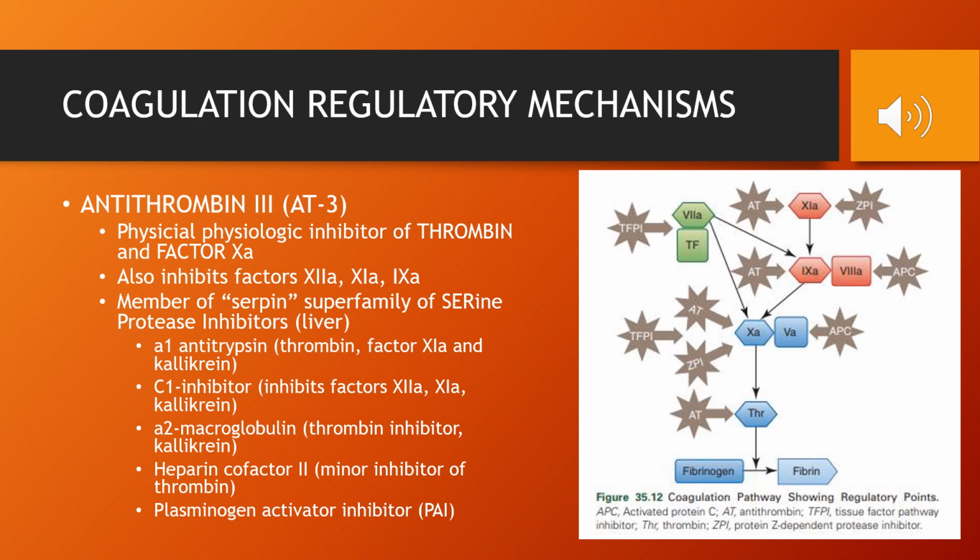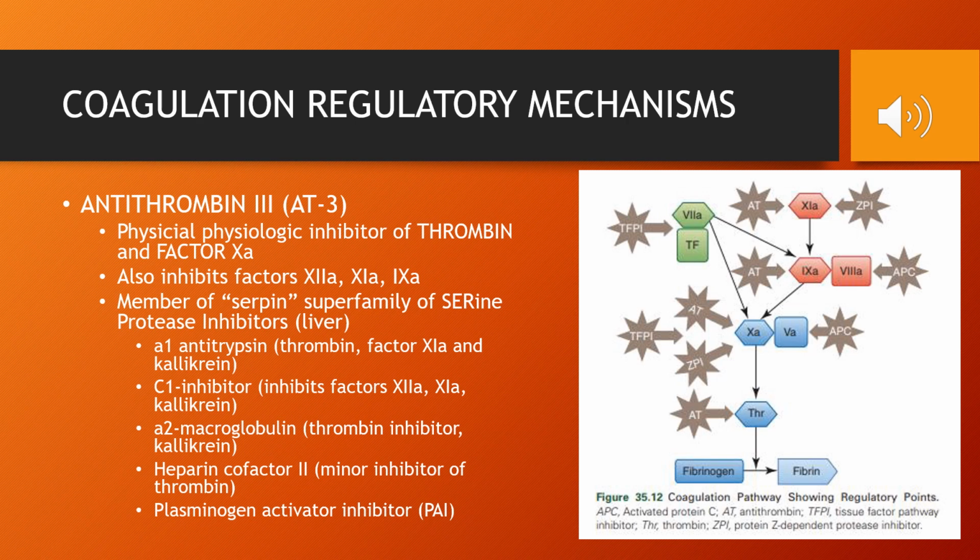So, antithrombin is a serine protease inhibitor, also called a SERPIN, that binds and neutralizes serine proteases. And this includes thrombin, which is factor 2A, factors 9, 10, 11, 12, prekallikrein, and plasmin. So other members of the serpin family include heparin cofactor 2, which is a minor inhibitor of thrombin, protein Z-dependent